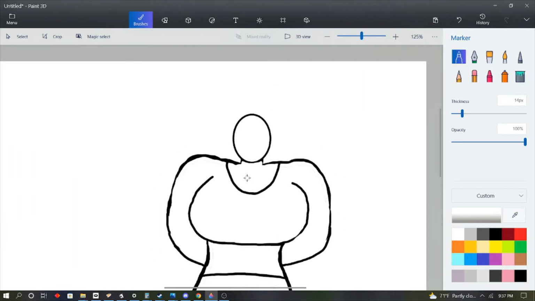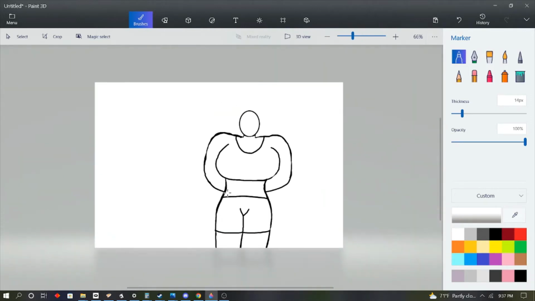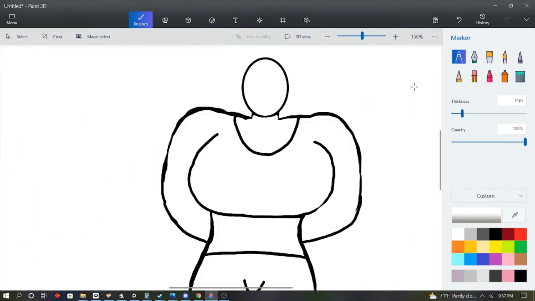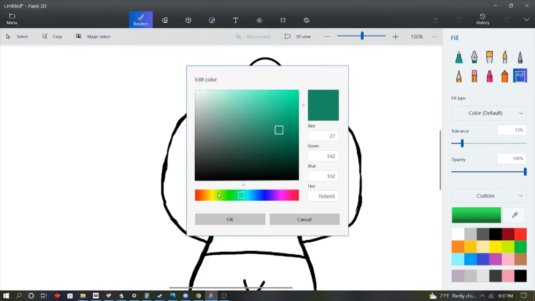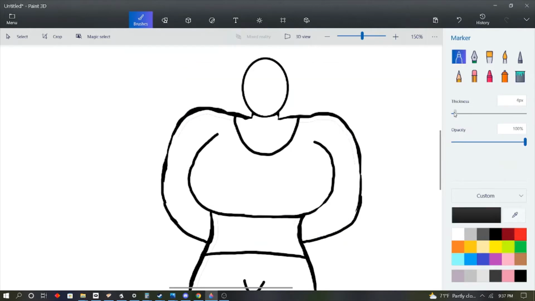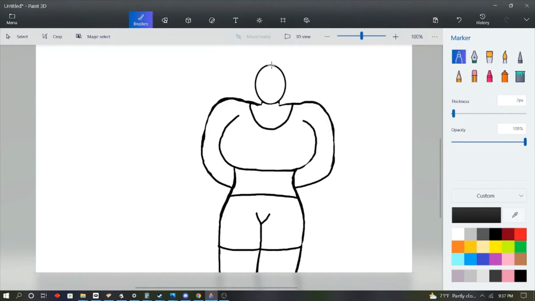By this point, you have the basic body shape and the basic clothes shape. So what you're going to want is to add in your colors by this point. Or wait, no you're not. I'm stupid. You need to add Cheri's